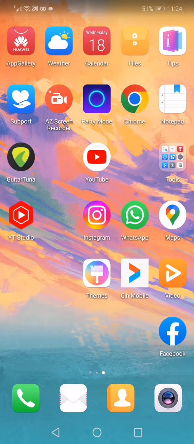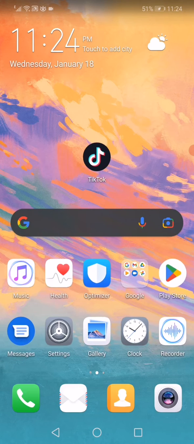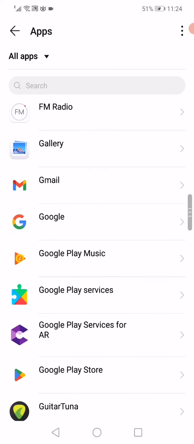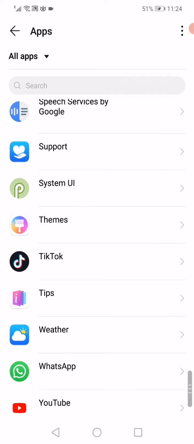So all what you have to do is just go into the settings of your phone, go to the apps manager, open the apps like this. Now on this page you will find all the apps that you have on your phone. So all what you want to do is just simple, scroll down until you find TikTok and then click on it,